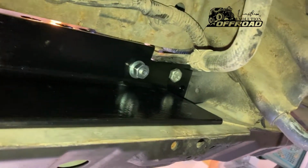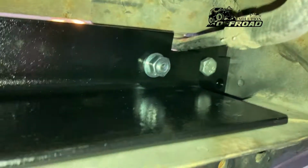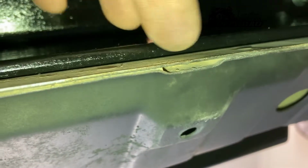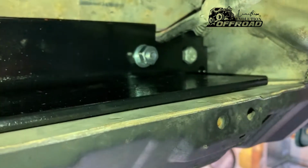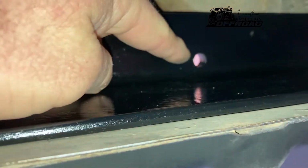So I'll show you underneath. Just give me a second. So this is that angle bracket stiffener that I was talking about. So basically it ends just before that bolt, so it's pretty much all the way along the length of the cross member. So this here, this is pretty thin, but this cross member here, it will push against it when there's pull. So I've done it pretty tight so that there's no play in it, and then bolted it through there, the 2 plates together. The winch will bolt through there,